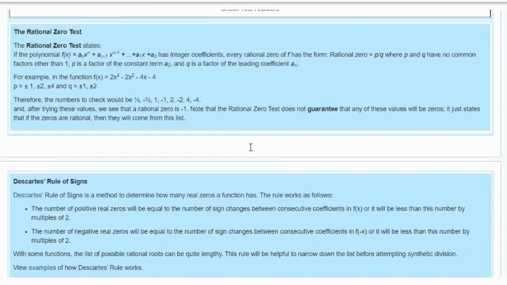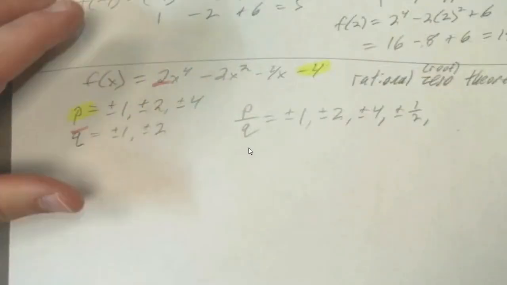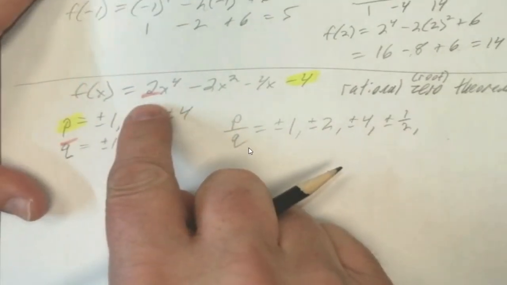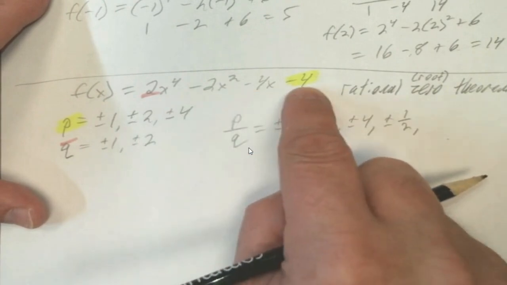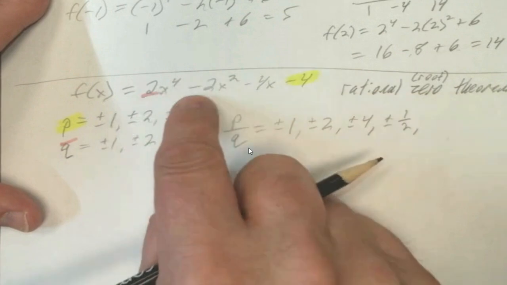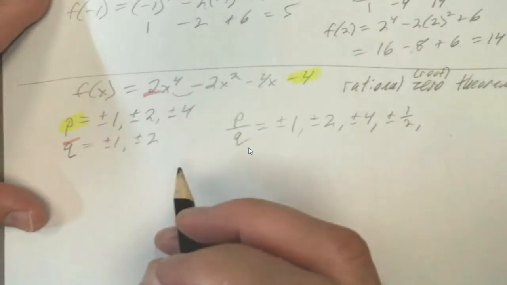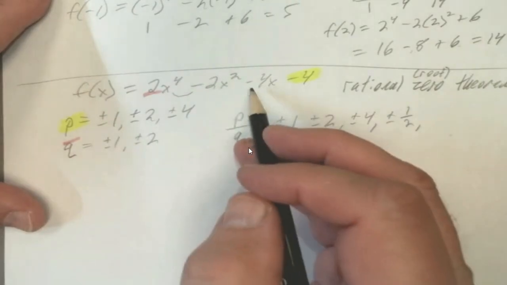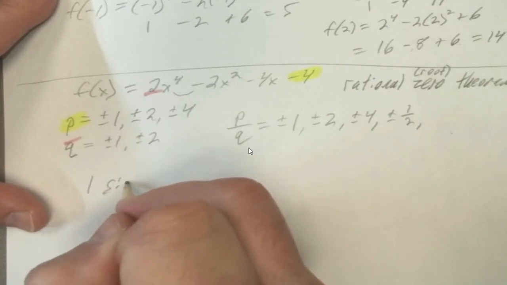Now, another thing that they cover here is Descartes' rule of signs. So we can go back to this here and look at the same equation. And we can say, okay, how many times does the sign change? This is a positive. That's a negative. Okay, there's one sign change. This is a negative, that's a negative. This is a negative, that's. So in only one sign change,